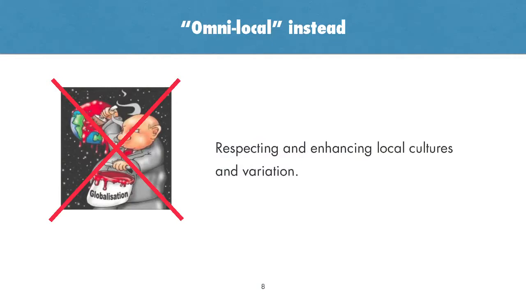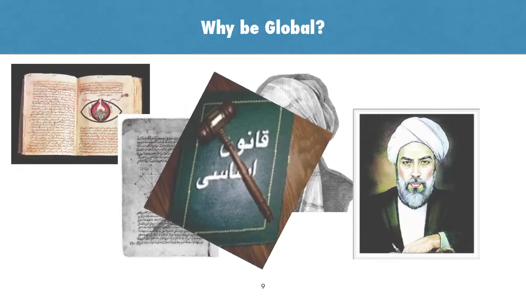But why do we want to be global? Because historical languages are global. I want to give some arguments. The first one is the Baghdad movement of translations. As you know, in the 8th to 10th century, the ancient Greek works were translated into Arabic, and it had an important role in the survival of ancient Greek works, because they were retranslated in the 12th and 13th centuries into Latin,